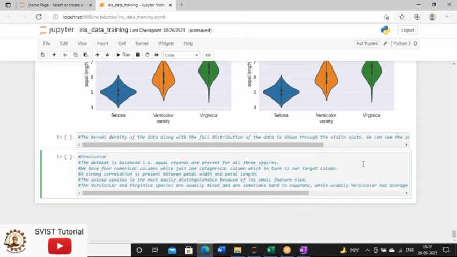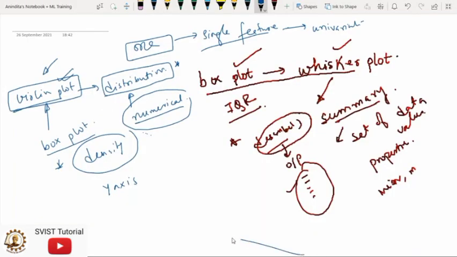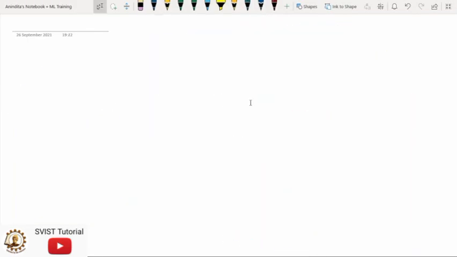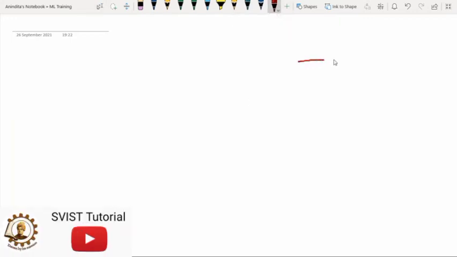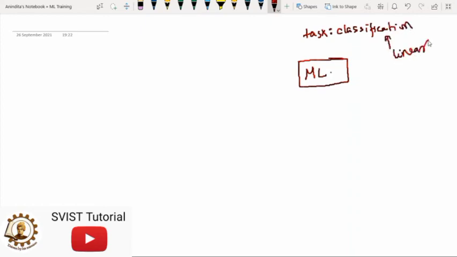So this is the first step towards machine learning. What is the conclusion of today's class? We are learning that we will use some machine learning model. And what is the task we are performing for the time being? It is classification. Classification is also known as linear discrimination.